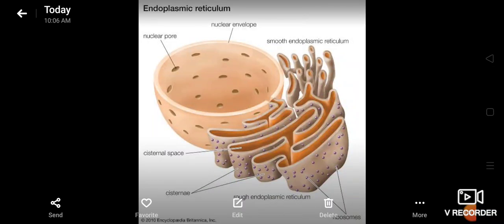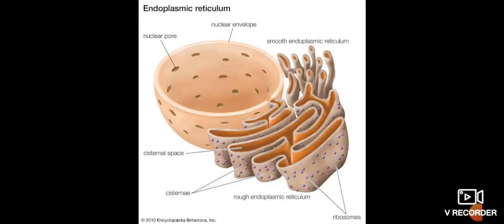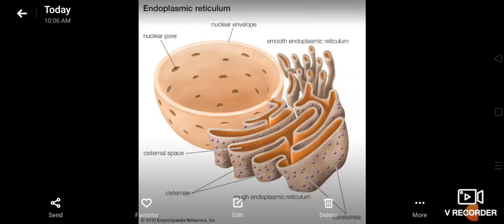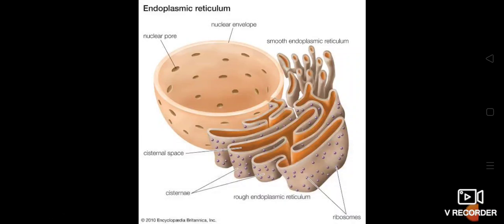Good morning, class ninth. Today I'm going to start your next topic, cell organelles. I have selected two cell organelles for today: endoplasmic reticulum and Golgi apparatus or Golgi complex, which is also known as dictyosomes. Why have I chosen these? Because both of them work together in union to perform the function of secretion and transportation. That is why I have chosen these two.